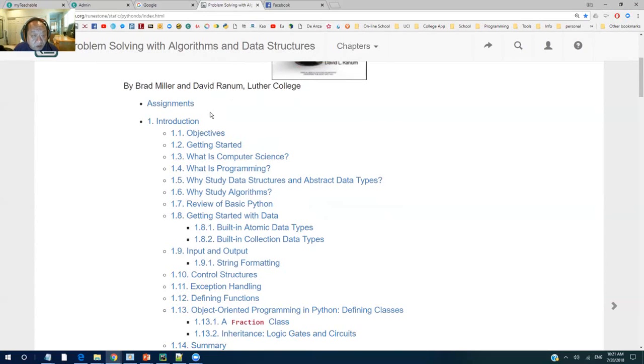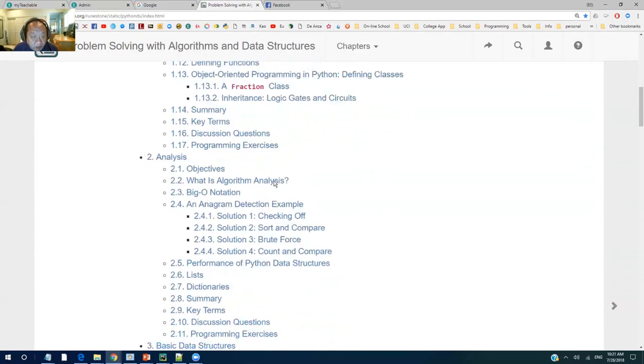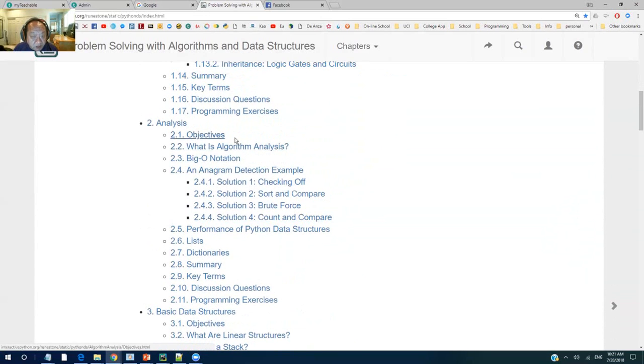For chapter 1, we talked about the introduction to algorithms and data structures. Chapter 2, we talked about complexity analysis so far, and basic data structures. So in these 2 chapters, basically, we talk about what a data structure is and what an algorithm is. And then the purpose of using Python,